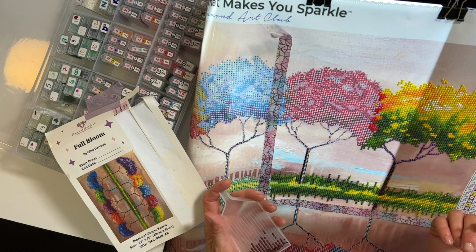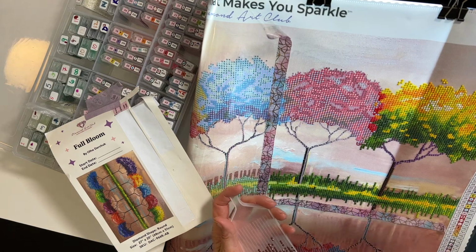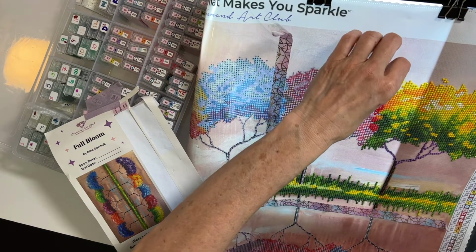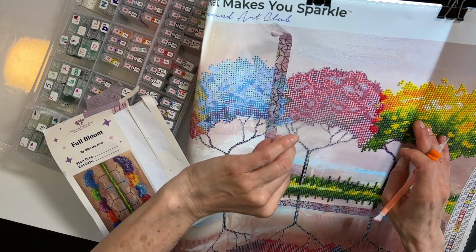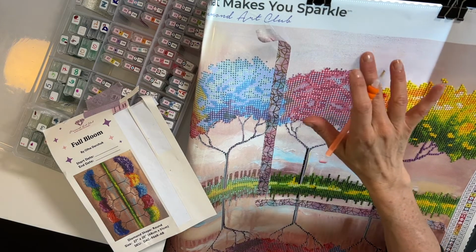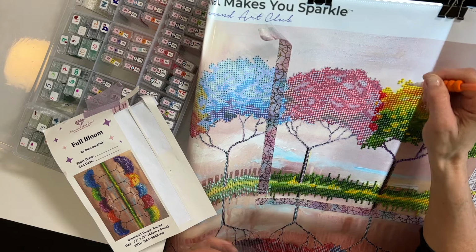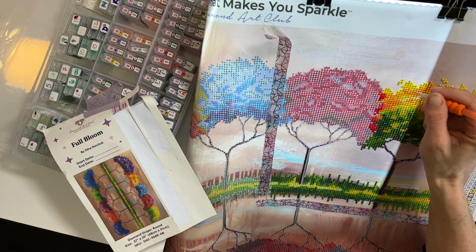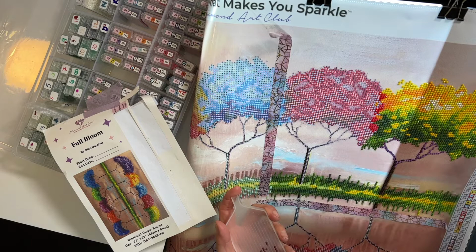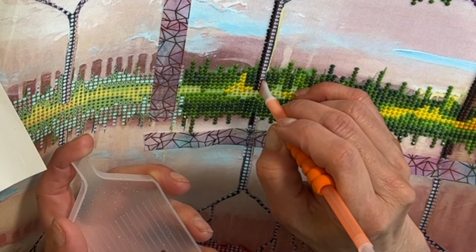You can no doubt do that in any of these paintings, especially paintings that have shadows. If a painting has a shadow, you can easily change out the color with a different color with the shadow colors that are there. So what you don't see is there is a piece of plastic protecting the sticky part. This is called a partial. This doesn't have any sticky. Hear that? That has sticky. And so what you want to do is you take off the plastic that protects the glue. And if you ever want to change colors, you easily can, and you can always go by the color by the number. So now this is 4, and I'm going to